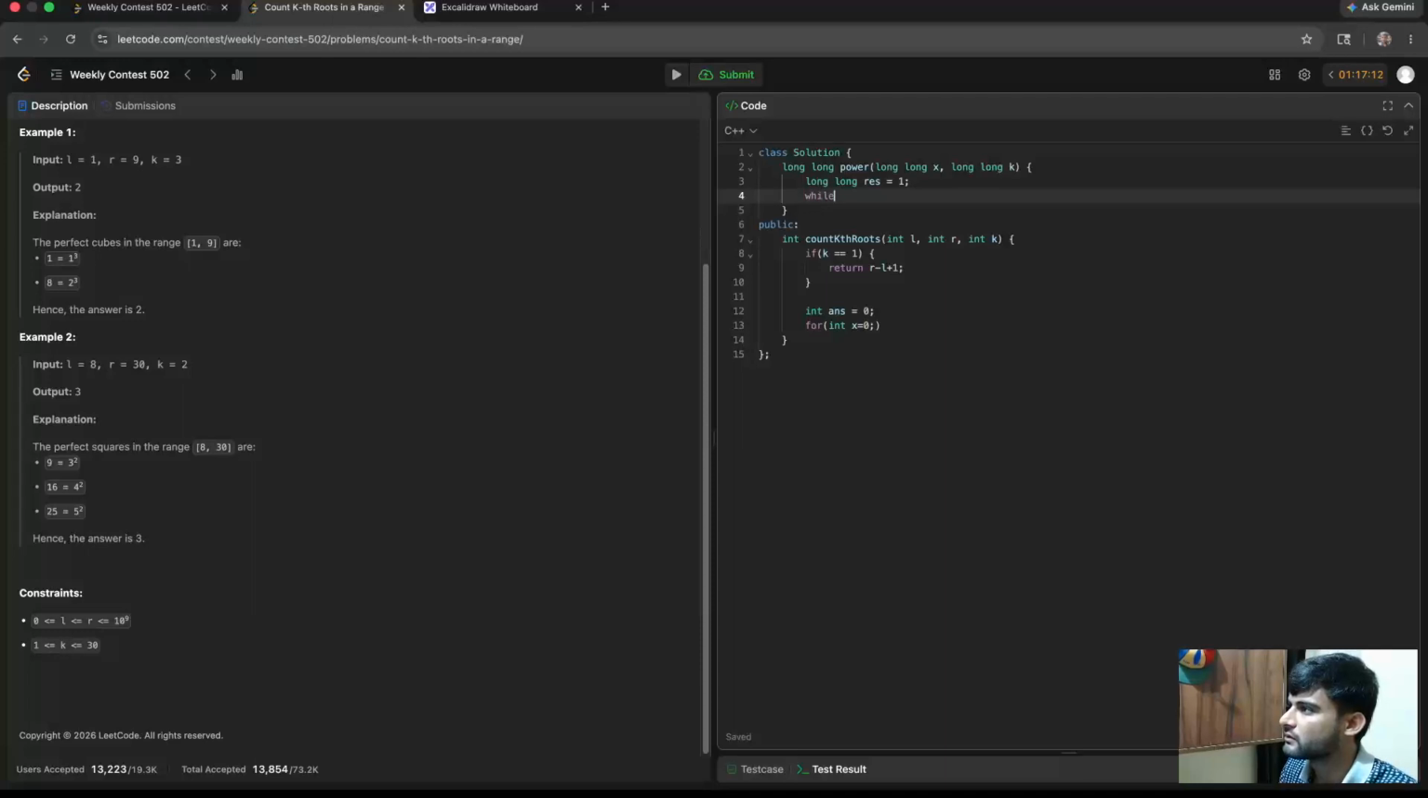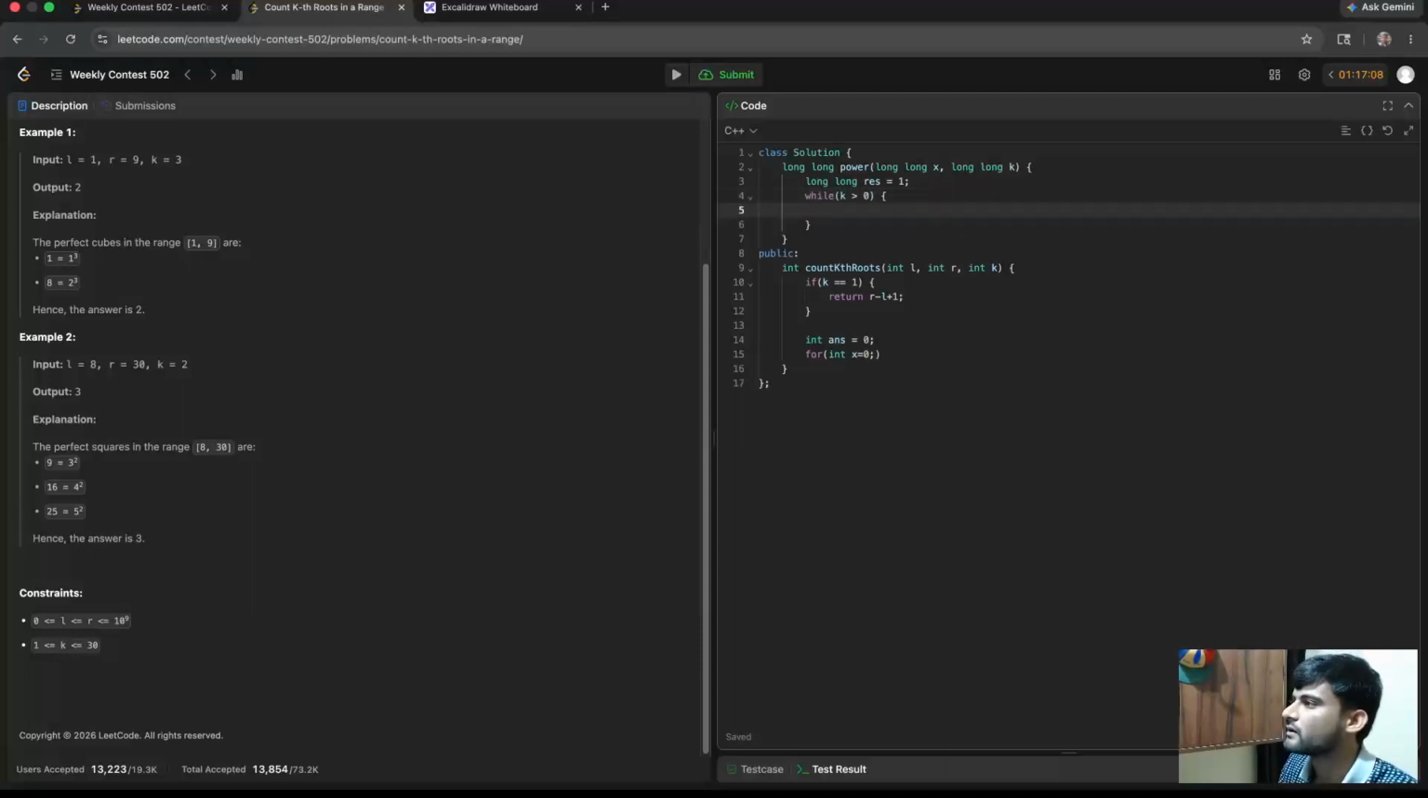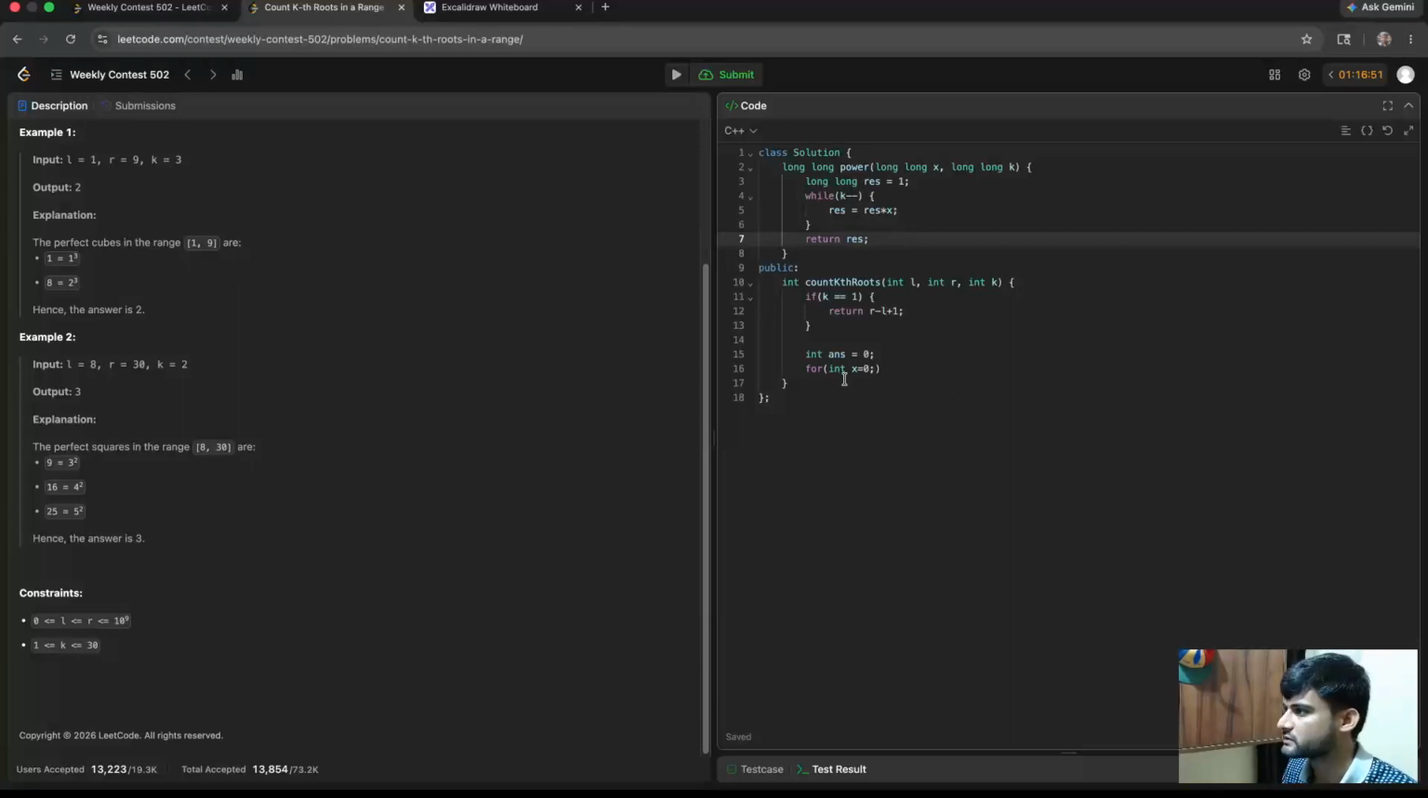While k is greater than 0, simply we can do this, k minus minus, and return rs. Okay, so here we will iterate over values of x until x to the power k